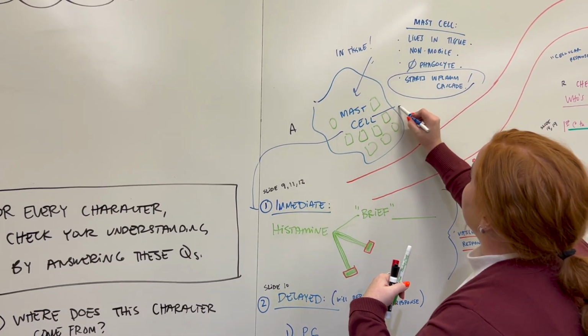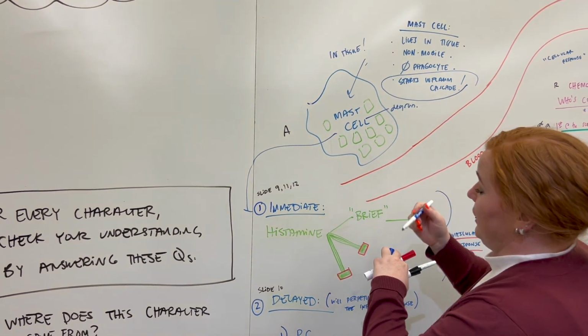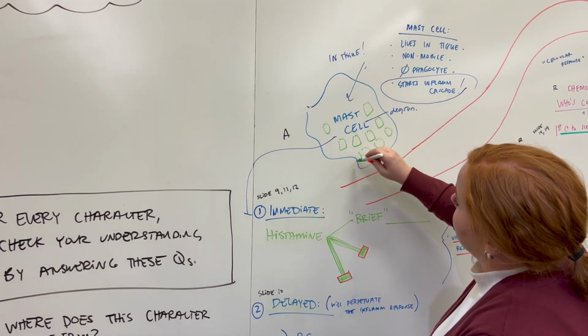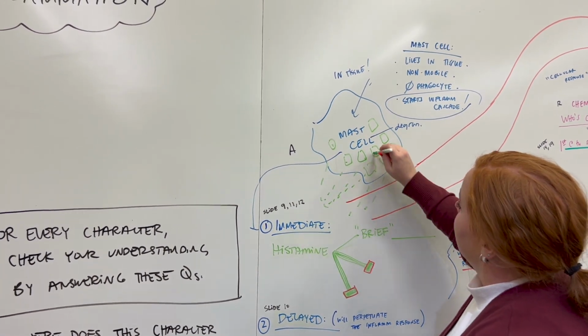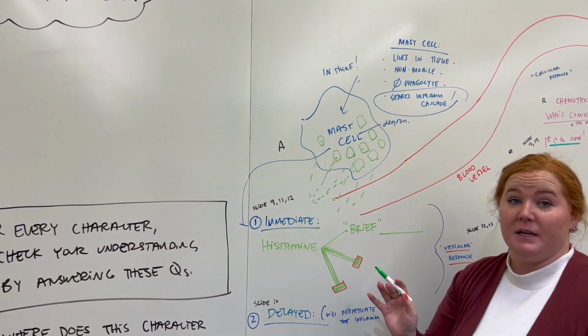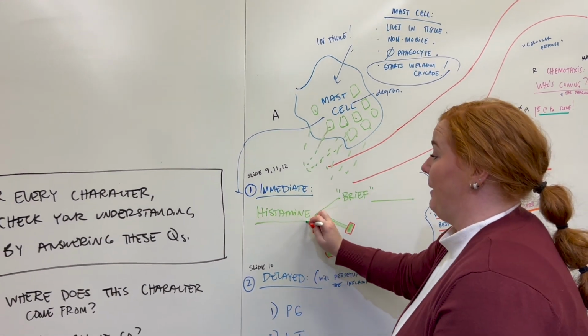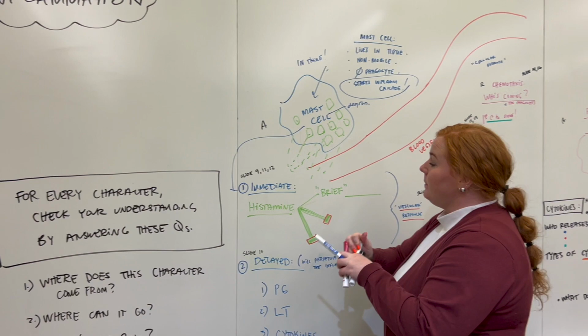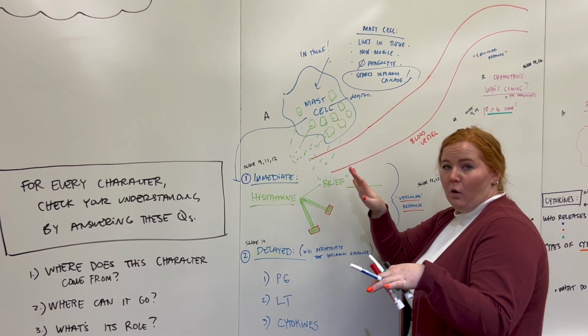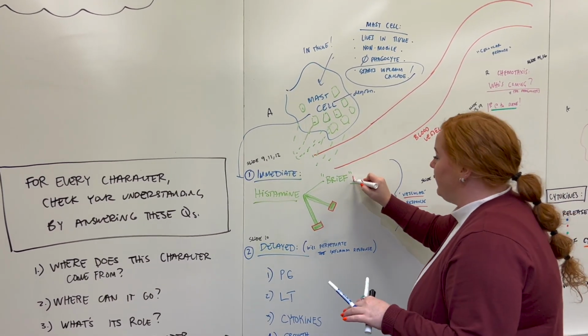So the mast cell degranulates and is going to release these granules that have histamine in them. So the immediate response of the mast cell is the release of histamine. Histamine has a few different roles. We're going to see a brief